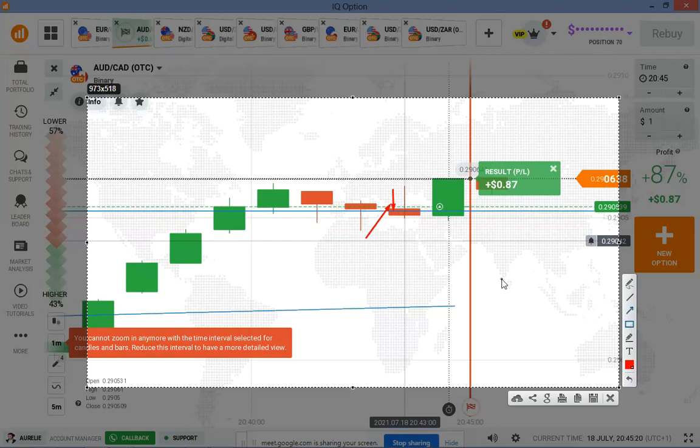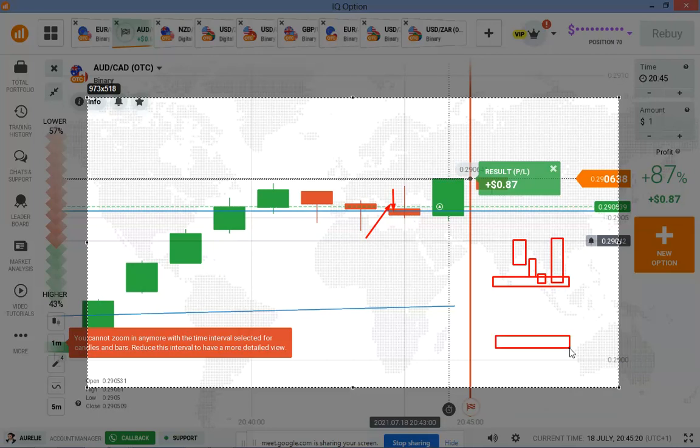This is what I mean. Let's say this is a level, and sellers are pushing the price down, pushing the price down. Now sellers touch the level. We are expecting buyer's entry on the next candle. But if the candle gaps up a little bit and closes exactly above this line, we can still expect sellers' entry. And if sellers now close inside the zone, we can expect buyer's entry. This pattern here is different from this. Like red, next one was red, and next one was green. So you see that this pattern is different from this.